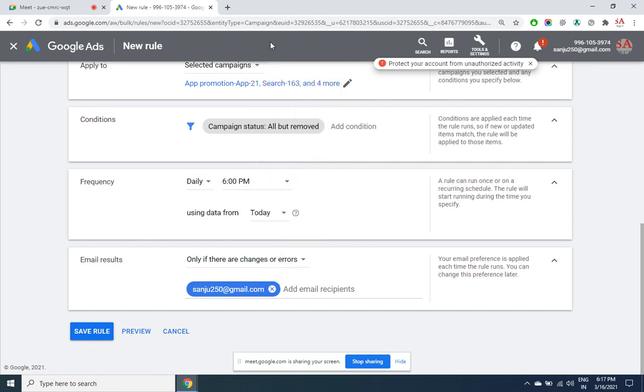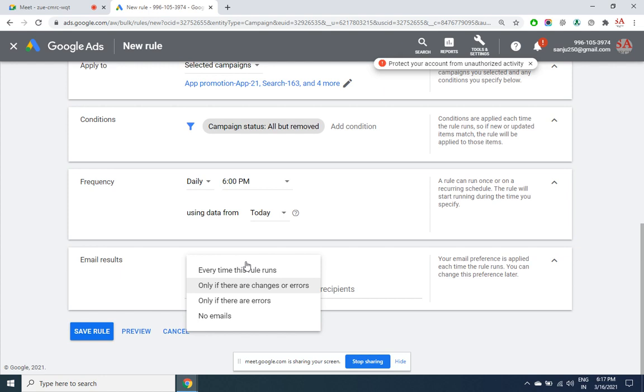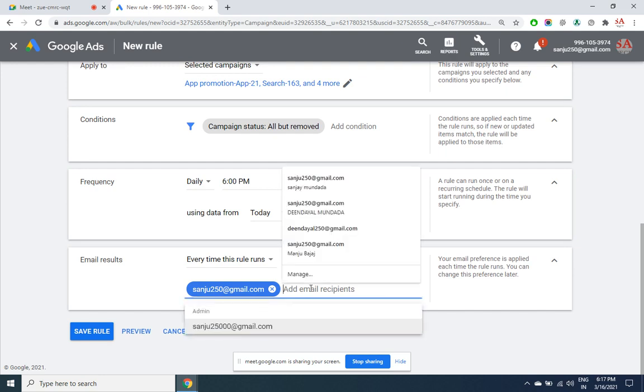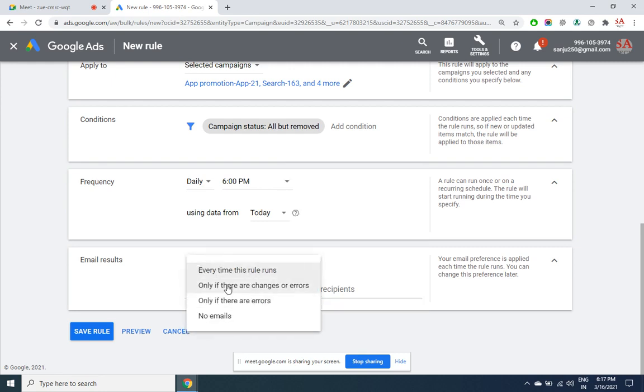You can say today, and while this action is being taken, if any error is found, then you will be notified through email, or every time there is any change in the rule, you will be notified. Now why this? Because we have seen that we can add multiple users. So maybe this account belongs to a group, you are working in a team. So whoever may be doing the changes at a campaign level, everybody has to get notified. So all the email IDs of those working in the group, you can mention here, so that whenever any change happens, you will be notified, whether it is an error or a change, whatever.